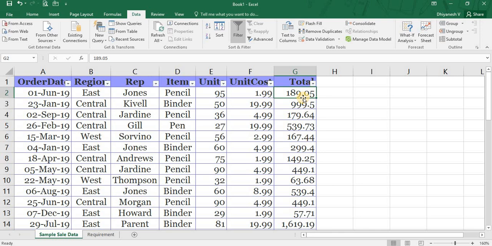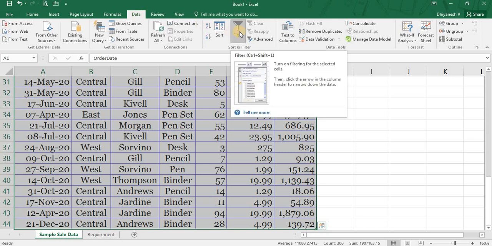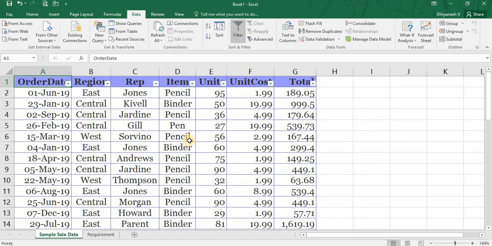So for applying the normal filter, you may use a shortcut key called Ctrl Shift L, or you may select the entire data range and go to the Data tab and select Filter. The shortcut key is also mentioned in this: Ctrl plus Shift plus L. Just simply selecting this will enable the filter option in your data table.